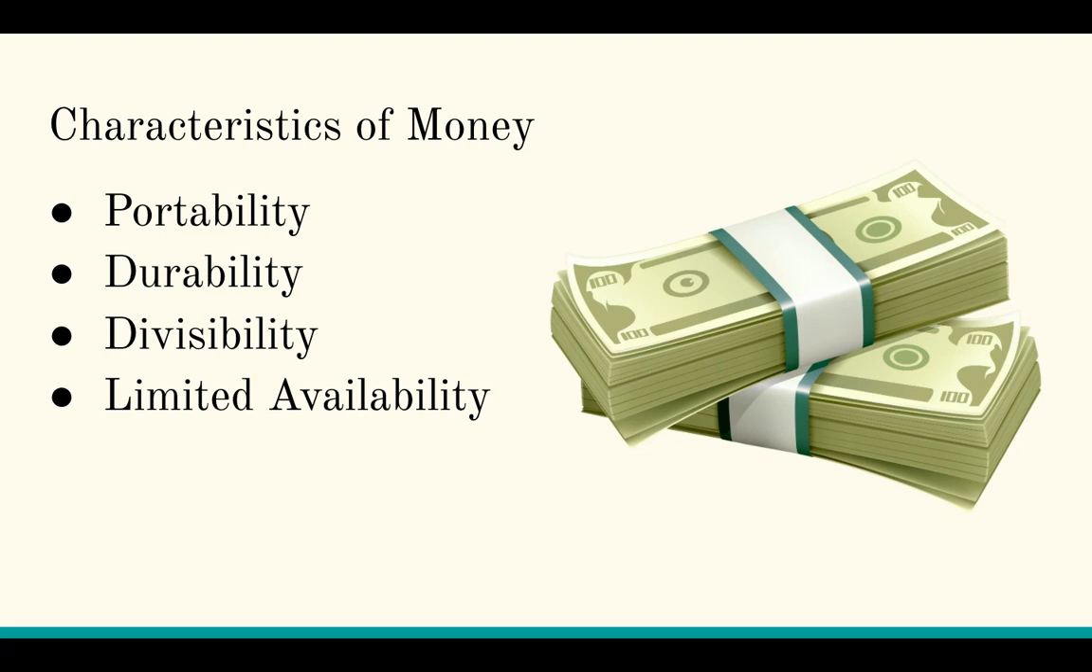Next is divisibility. Money should be easily divisible into smaller units so that people can use only as much as needed for any transaction. And then lastly, there needs to be limited availability. So if something is to serve as money, it must be available, but only in limited supply. Because again,